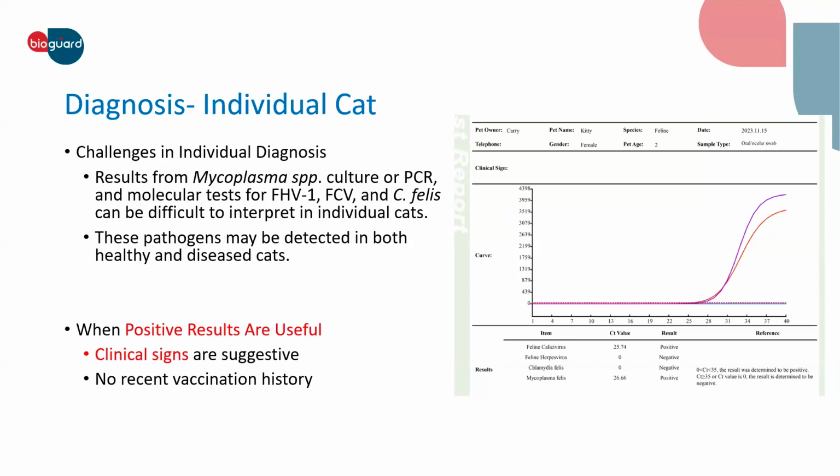So not only diseased cats, sometimes even healthy cats can have those pathogens identified. For an individual cat without URI symptoms or suspicion of infection, there's actually no need to do this test. However, if the cat has clinical signs and no recent vaccination history, a positive PCR result for FHV, FCV, Chlamydia, or Mycoplasma is suggestive